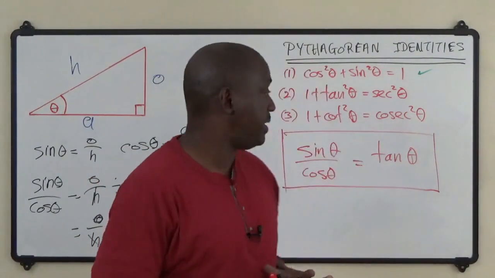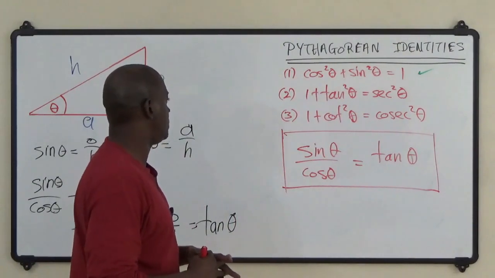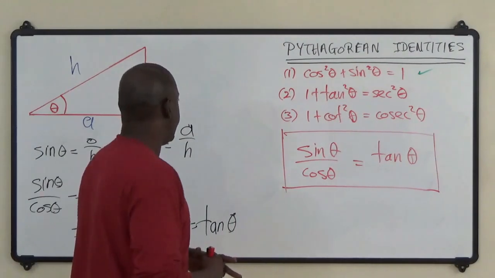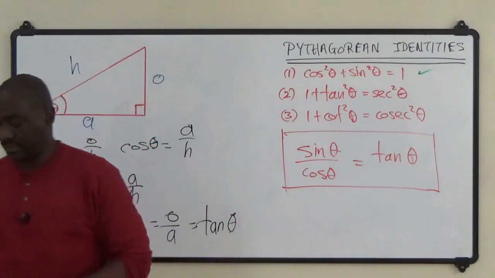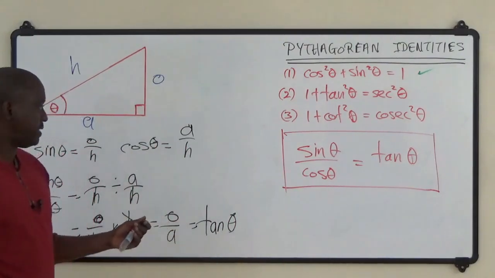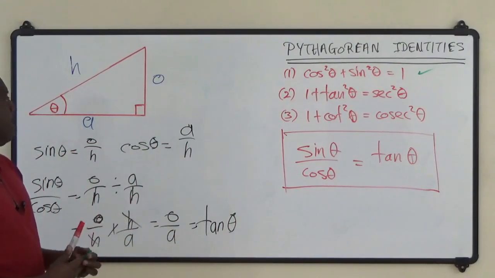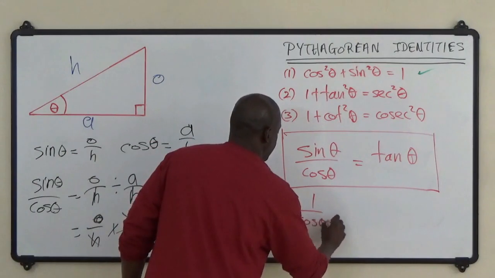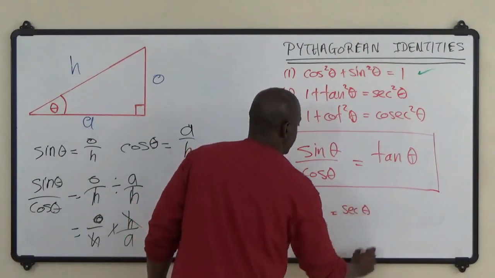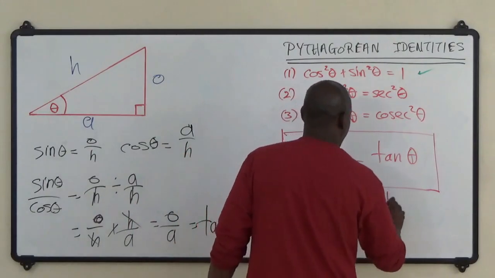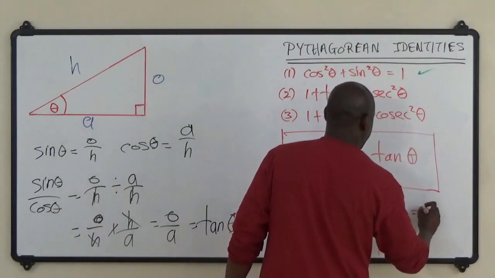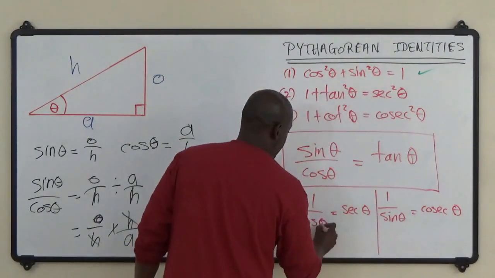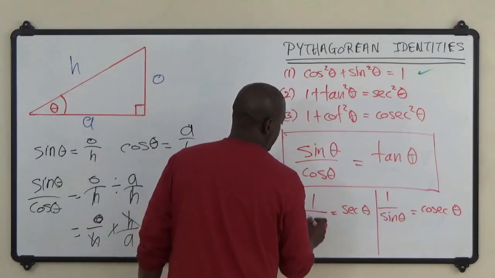Alright? So at this point, we can close. Let me write down them other fellas just as a note. Right? Sine theta over cosine theta is equal to tan theta. Let me say that 1 over cosine theta is equal to sec theta, and 1 over sine theta is equal to cosec theta, right? You may or may not have to interact with these in the course of doing an advanced